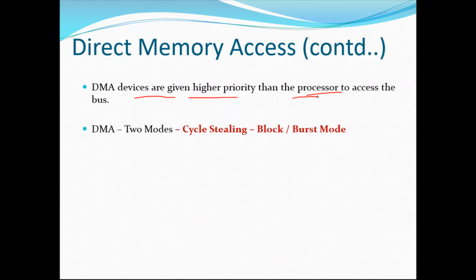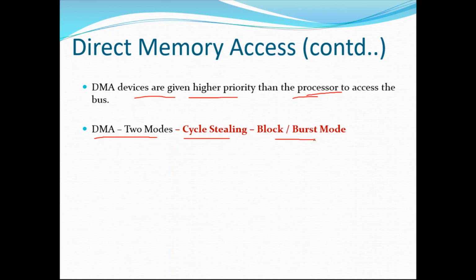So this is the intro to DMA, and now DMA can operate in two modes. Direct memory access can happen in two modes. The first method is called cycle stealing. The second method is called block or burst mode. What does it mean? Let us discuss. Cycle stealing means